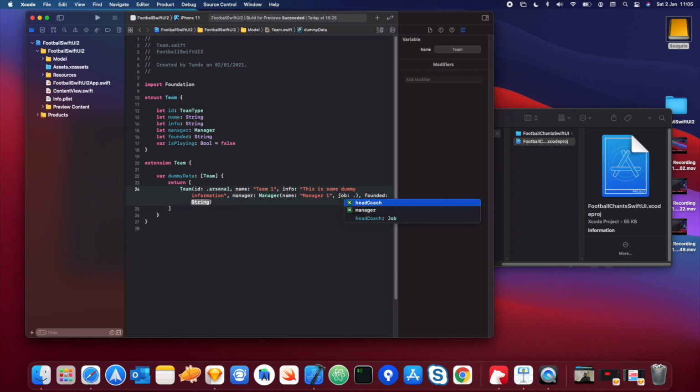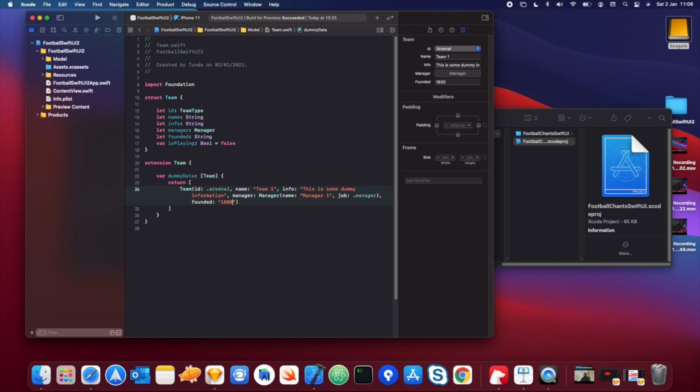And then for the job, I'm going to say he is the manager. And then for founding, I'm going to basically put 1800s. Now, again, you can fill it out with the information that you want to fill it out with. Now, what I'm going to do is copy this